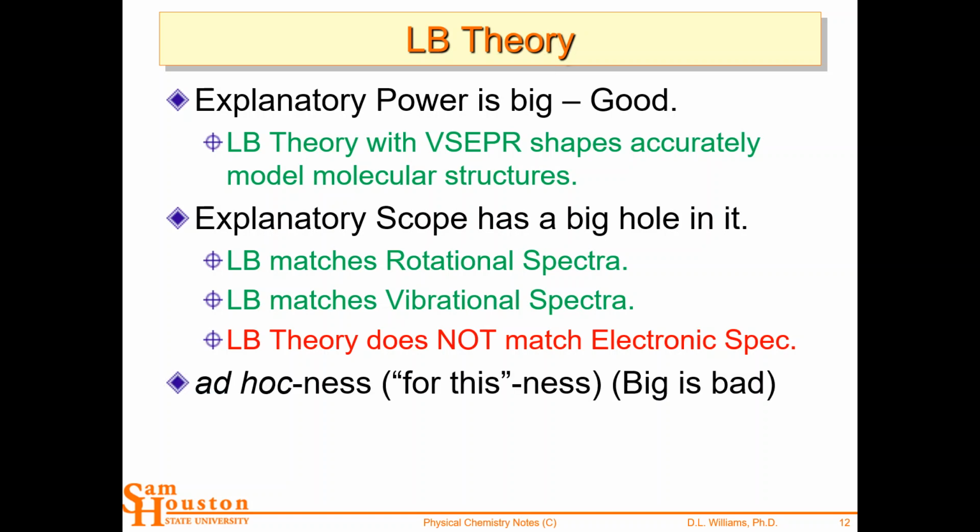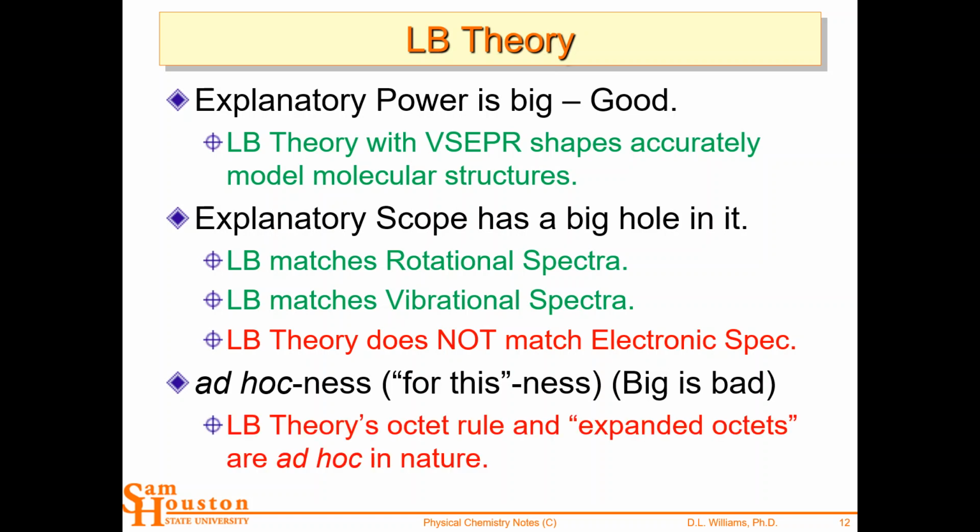And it does have some ad hoc nature to it. This whole business about the octet rule being strongly adhered to for carbon, nitrogen, and oxygen, but being relaxed for phosphorus and sulfur, where they can have sulfur hexafluoride, but not oxygen hexafluoride. Right? Have you ever thought of that? Oxygen has 6 valence electrons, but you can't put 6 fluorines on it. Why not? You can for sulfur. Okay, and so you've got some special cases in the local bond theory, and that raises its ad hocness and